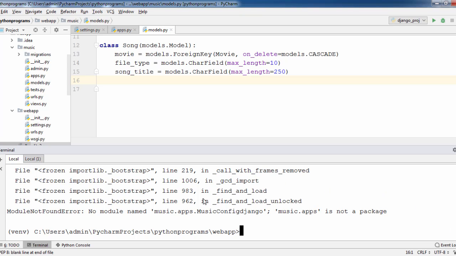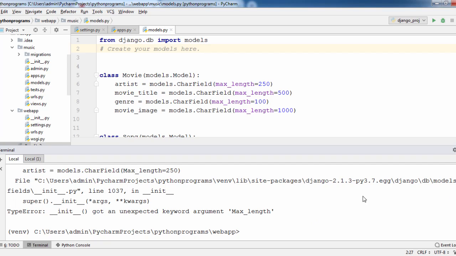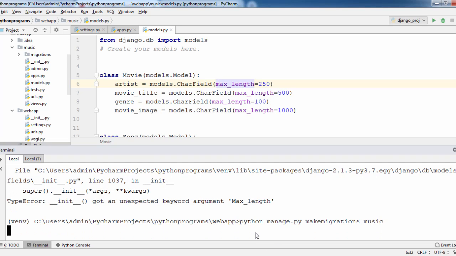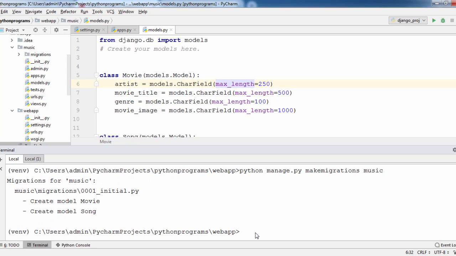The package, it says something, let me check. Now it's a capital letter, it's showing here that I have created, cleared. Let's run the command python manage.py makemigrations music. Now let's see here, the music migrations 0001_initial.py